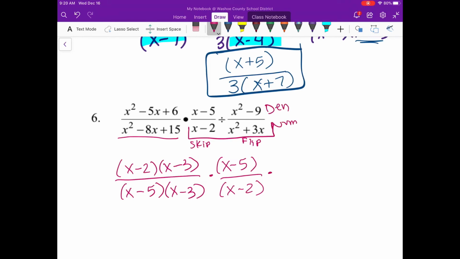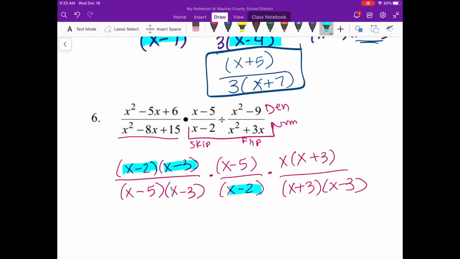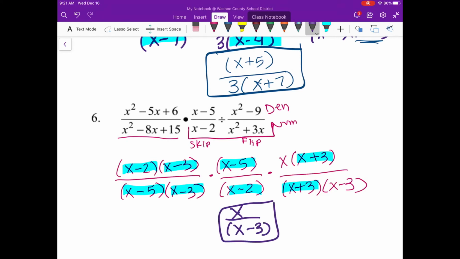Then I'm going to flip it. So this is my numerator, this is my denominator. The numerator is going to factor out 2x, x plus 3. The denominator, 2, x plus 3, x minus 3. And then go on and cancel things out. Minus 2, minus 2, minus 3, minus 3, minus 5, plus 3, leaving with x on top and x minus 3 in the